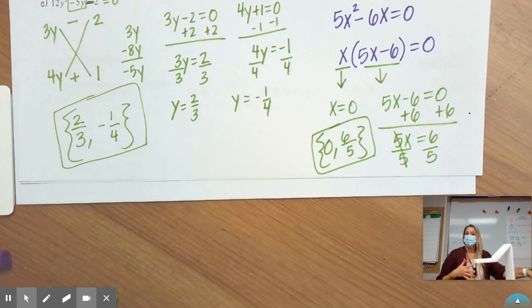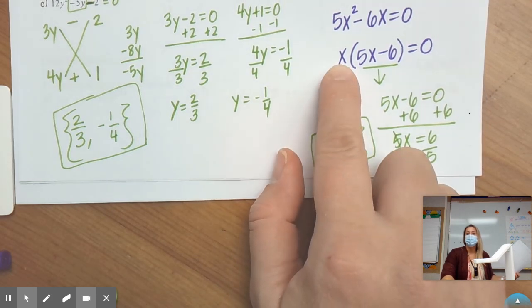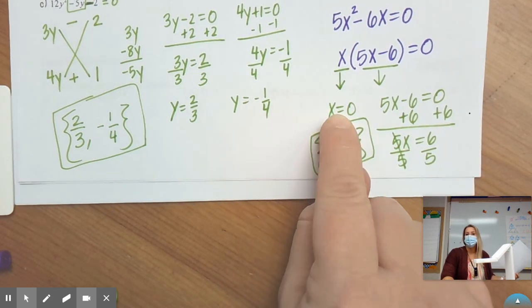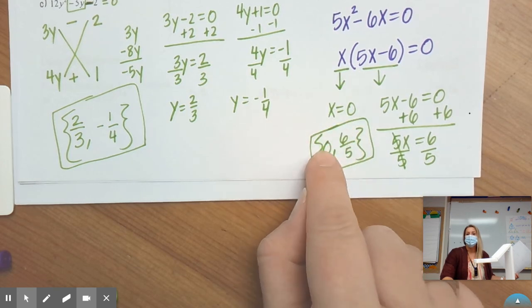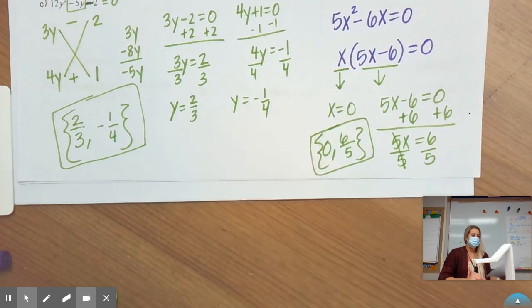Yes? Do we put the x on the outside of that? No, you don't want x to equal 0 here, or x would equal 0 here for the solution. Okay. So that's why you have the 0 there. That represents the solution for x. Okay? So now what we're going to do is we're going to go to the